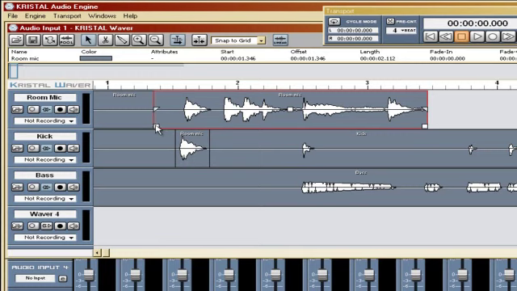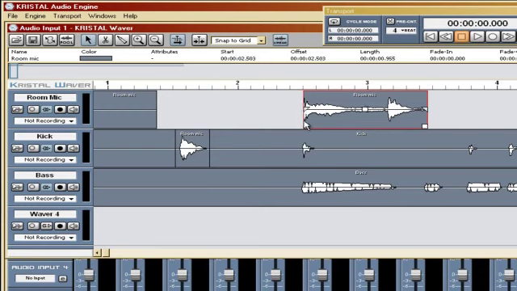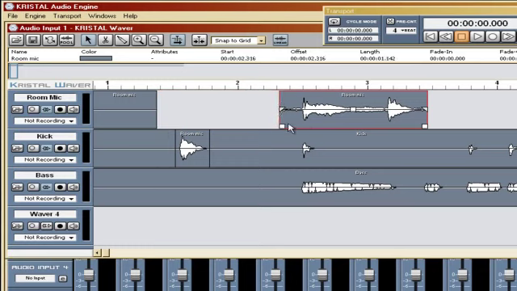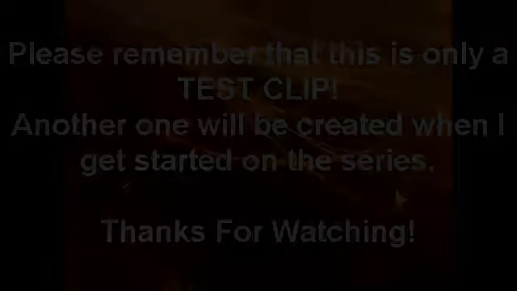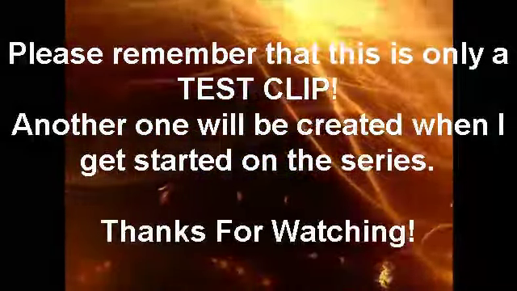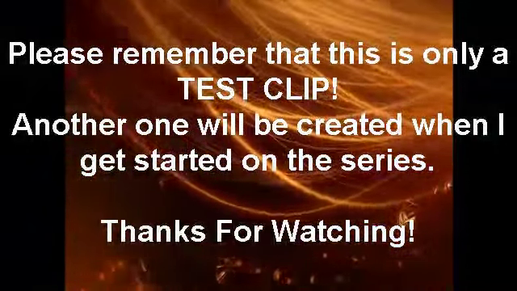Everything in Kristal is non-destructive, so you don't have to worry about really ruining your tracks, but I still say back up and use a copy when you're working on any audio, just to be on the safe side. Okay? And we'll do the Control-Z thing and get all the